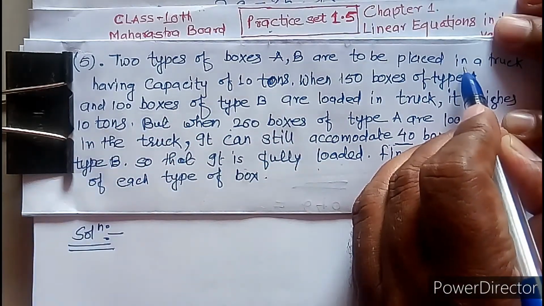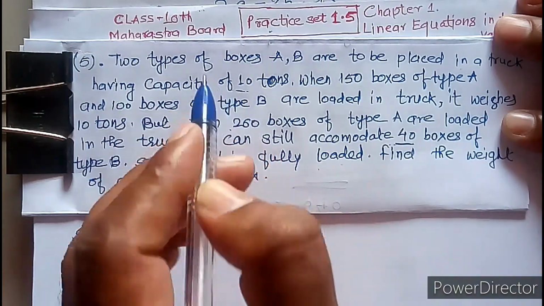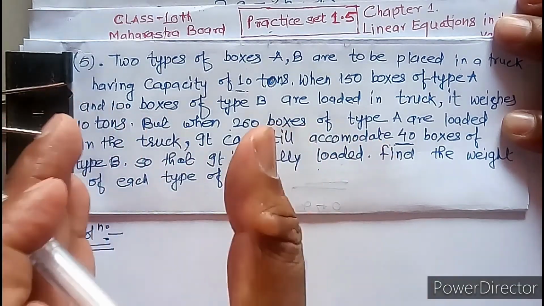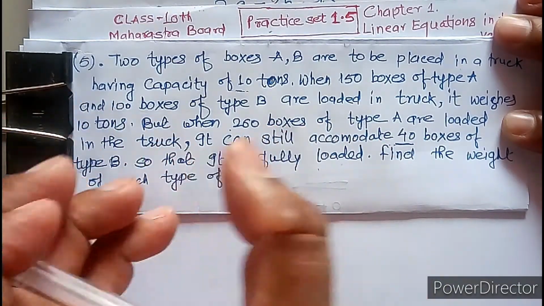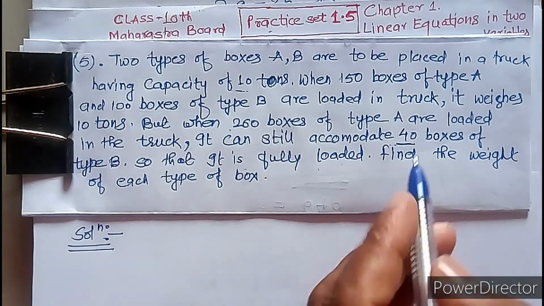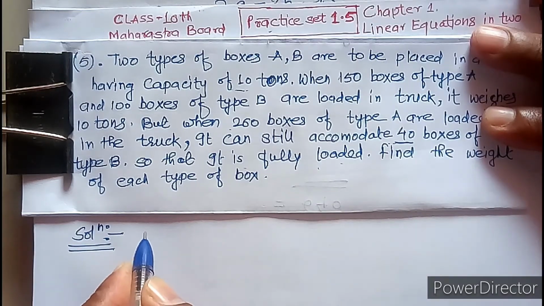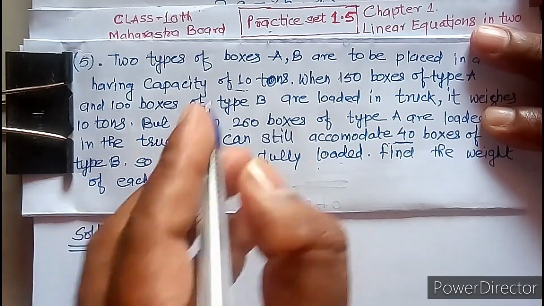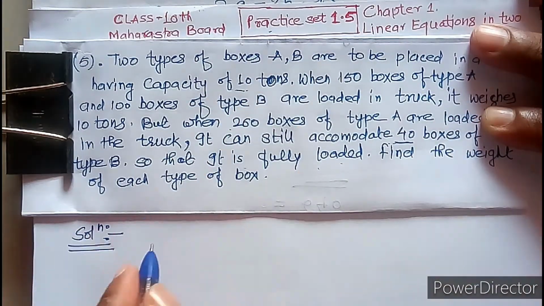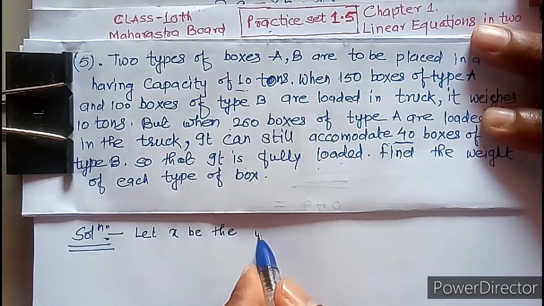Here the condition is given that the truck has a capacity of 10 tons, means it can accommodate only 10 tons of boxes. Now we have to find the weight of each type of box. Now moving to the solution part of this problem. We don't know how many boxes of A type and how many boxes of B type. Then assume, let x be the weight